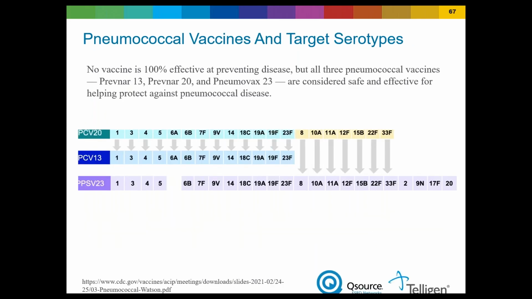So as you can see here, the polysaccharide vaccine on the bottom targets 23 serotypes. The former PCV13 targeted 13 serotypes, but missed very many other serotypes. Therefore, the need to administer 13 in combination with 23. Whereas the newer version, the PCV20, targets 7 additional serotypes in addition to the previous 13 conjugate vaccine. Hence, the current recommendation is no need to combine with the polysaccharide 23 vaccine.